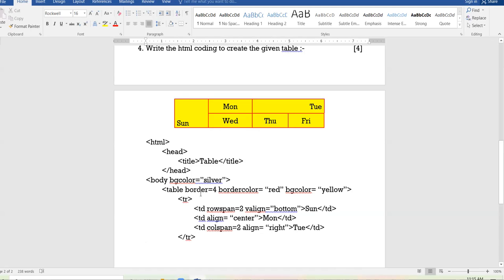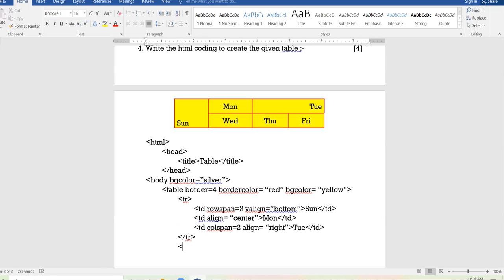And see the way I have written the coding. Inside the body, indent a little and write the table tag, after that indent a little more and write TR, and inside TR, TD. Your coding is going like this. Every tag in a straight line like this. Again and again I'm focusing, be careful with respect to formatting also.